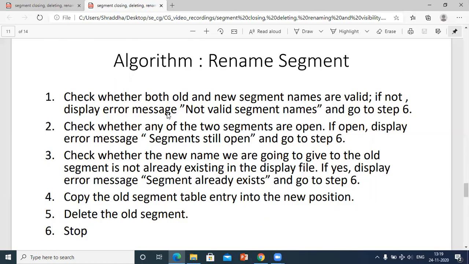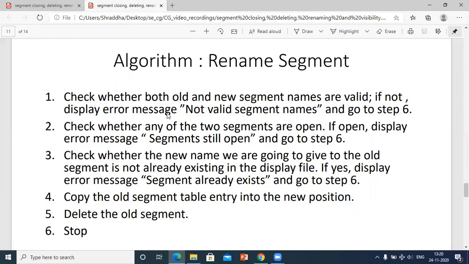Check whether the new name we are going to give to the old segment is not already existing in the display file. This checks for overlapping of names.